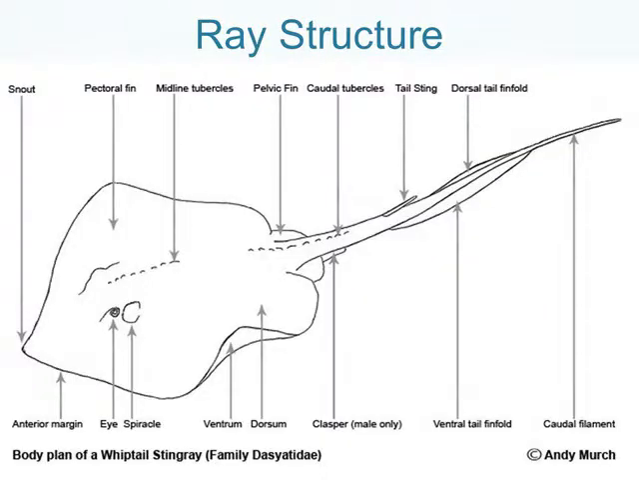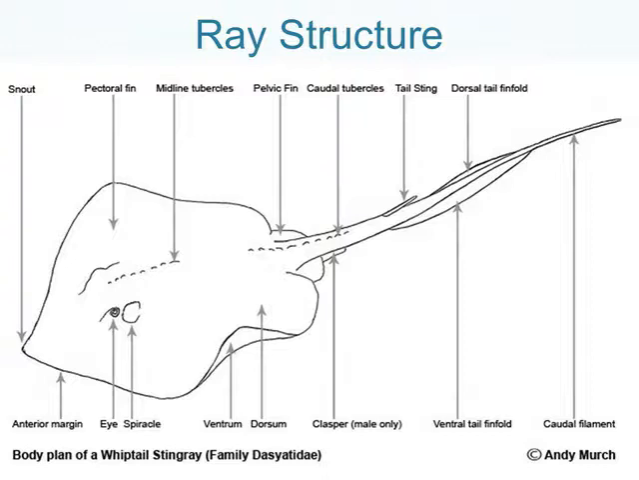Here's the general structure of a ray. So generally speaking, they'll have a snout. Their structure will be very similar to that of a shark because they're very closely related, but everything will just be flattened, if you know what I mean. So they have their eye, they're spherical. They have a midline